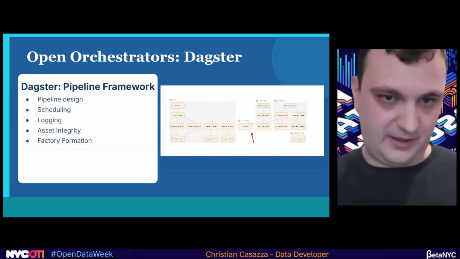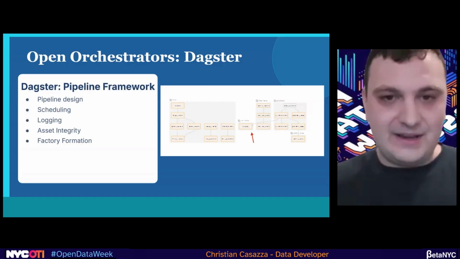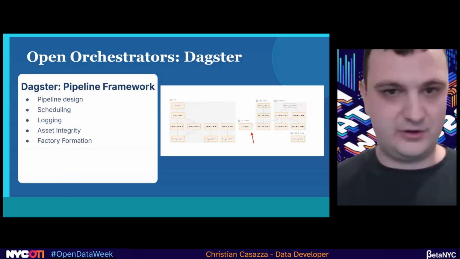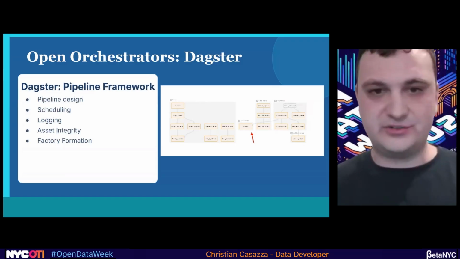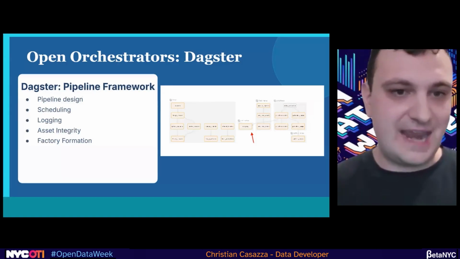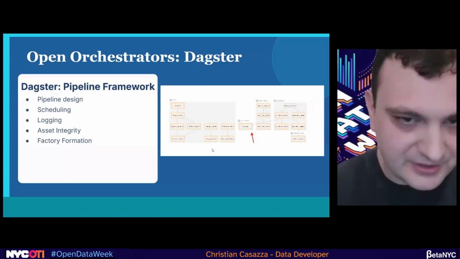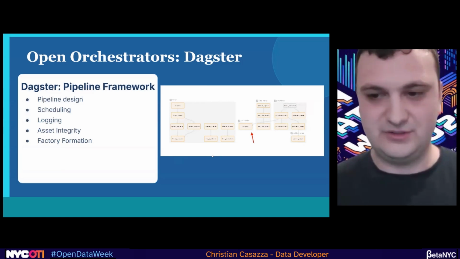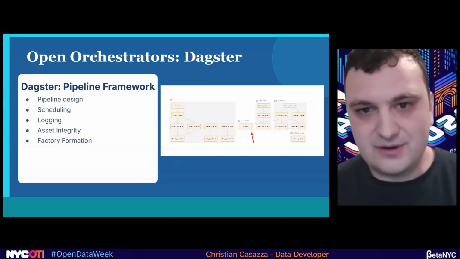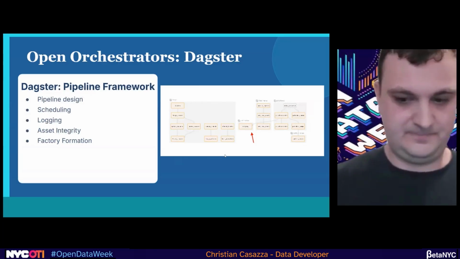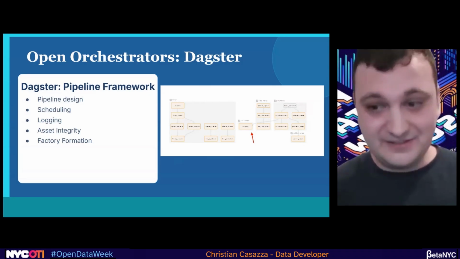Dagster, basically think of it as a Pythonic way of adding metadata to your process. So you can have whatever you have for your general Python flow, arbitrary scripts. This just gives you a container to wrap it around. They automatically inherit really cool stuff like pipeline UI, scheduling, logging, having asset integrity. Basically, think of Dagster as, I'm doing all this data stuff anyway. Instead of having to recreate the generic parts, I'm just going to inherit it by learning this one interface.